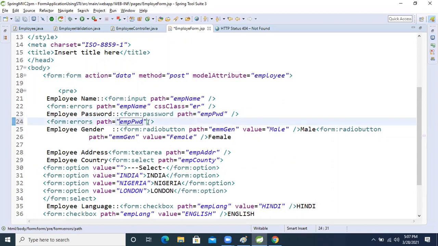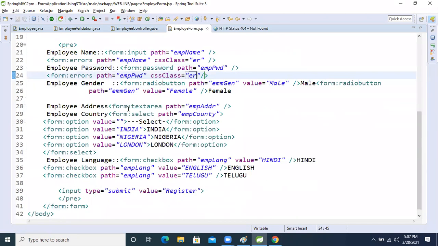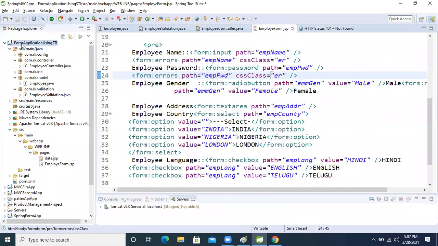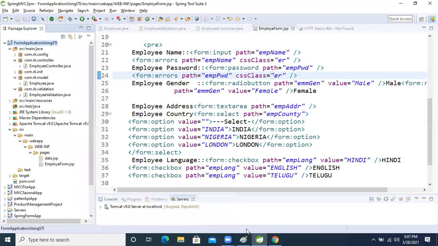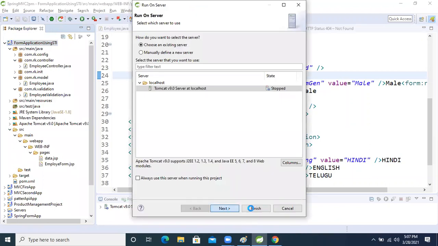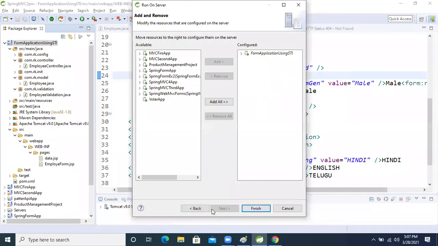After that, the CSS class, whatever CSS class name we have taken. Now you want to see whether our expectation is working or not, so let's see.